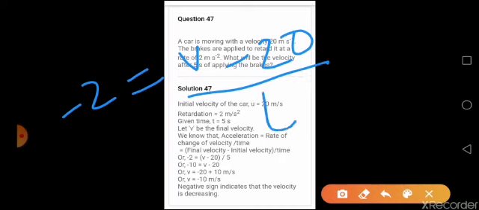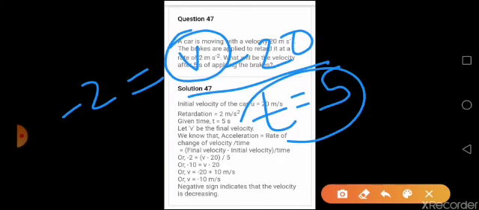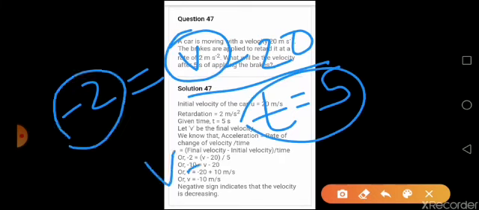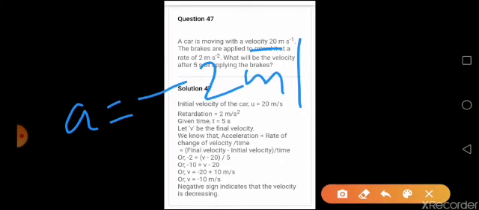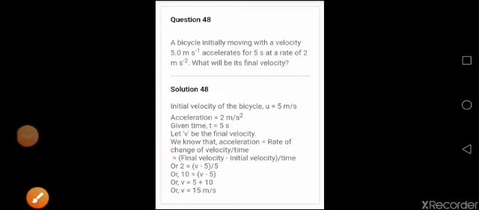Now in this case, if you are using it in this equation, a is given to be minus 2, a is equal to v minus u value is given 20 by t. T is equal to, I think 5 seconds is given there. So other than v, all other values are known to you. You calculate v from this, you will get the answer. Only thing you have to remember, if the question is given like this, if it is retarding, always write a is equal to negative sign of the given value, whatever it is.